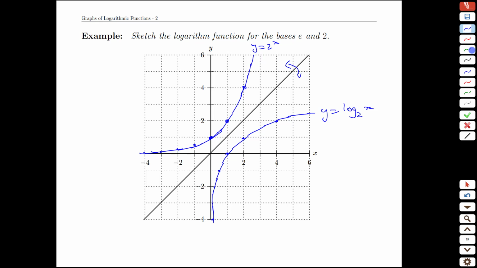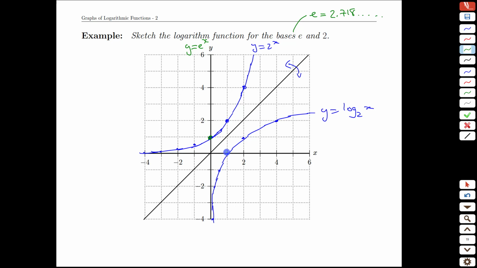All right, last but not least, what about base e? The key for this is just to remember that e is a number. It is approximately 2.718. It's like pi, it does go on forever, but at least has a number that's close by. So at the end of the day, I usually think of it as a horrible approximation, but e is around 3, a little less than 3. That allows us to do a quick sketch, because if we have y equals e to the x, let's do that here,